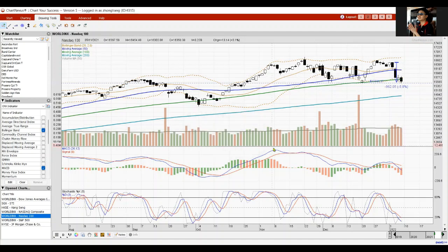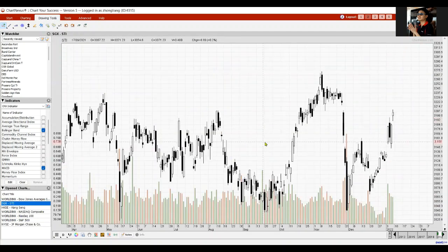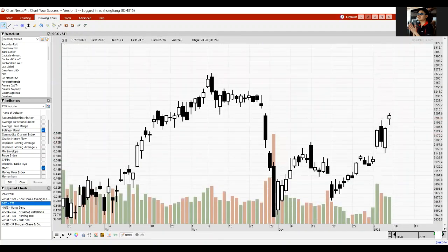So let's move on to look at the Asia market. Let's start off with the STI. STI has been a strong performer as it has broken its resistance level to retest its higher resistance at this level, which is around